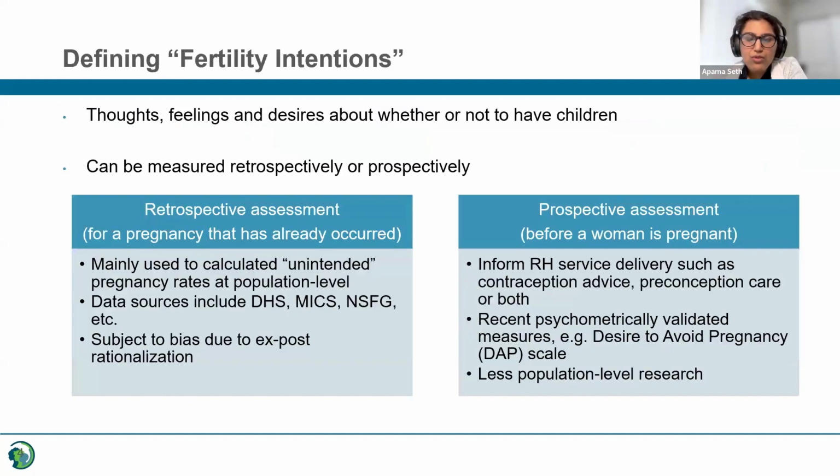Before I dive into what exactly we are doing in this research, I would first like to just start by defining what I mean by fertility intentions here, given the focus of this grant to explore how to better measure fertility intentions among women. So a simple definition for fertility intentions is basically that it includes thoughts, feelings, desires that people might have about having any future children, and includes whether they don't want to have any children or not.